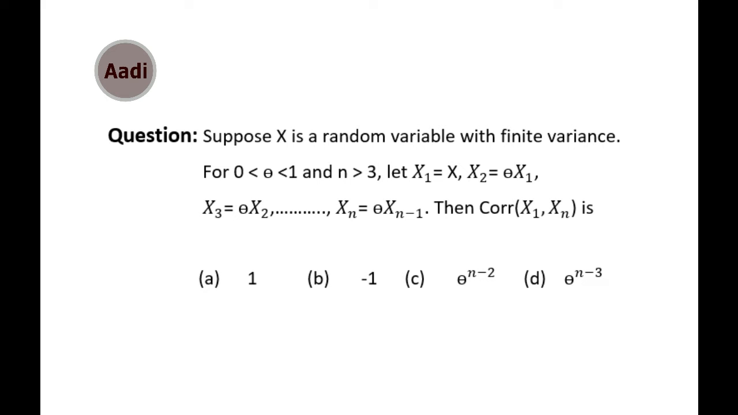Suppose x is a random variable with finite variance. For theta lying between 0 and 1, let x1 equal x, x2 equal theta into x1, x3 equal theta into x2, and so on, xn equal theta into xn minus 1. Then the correlation between x1 and xn is